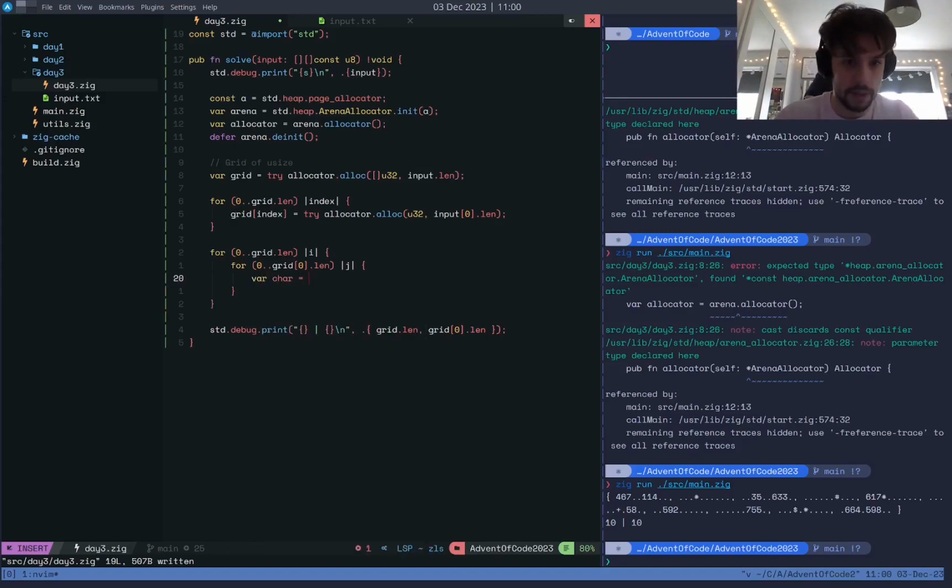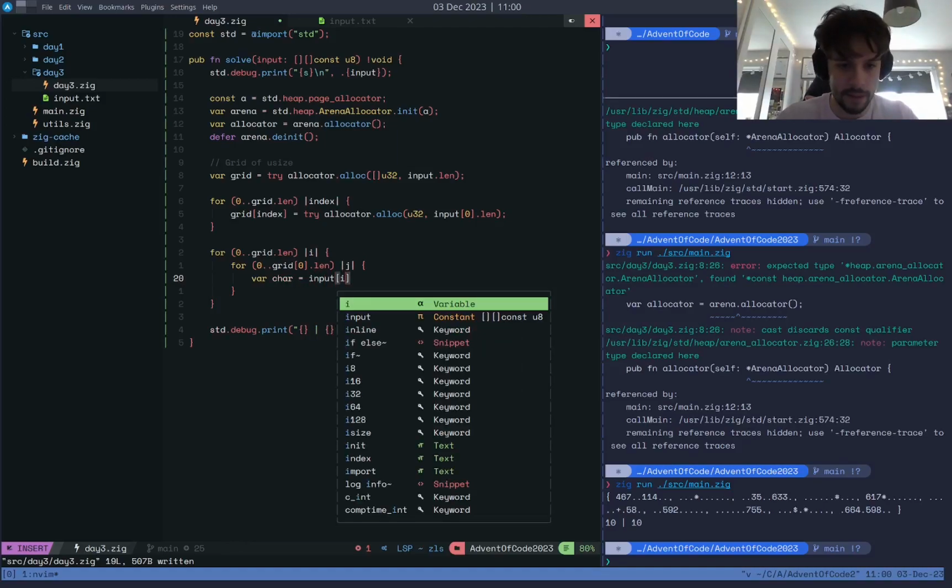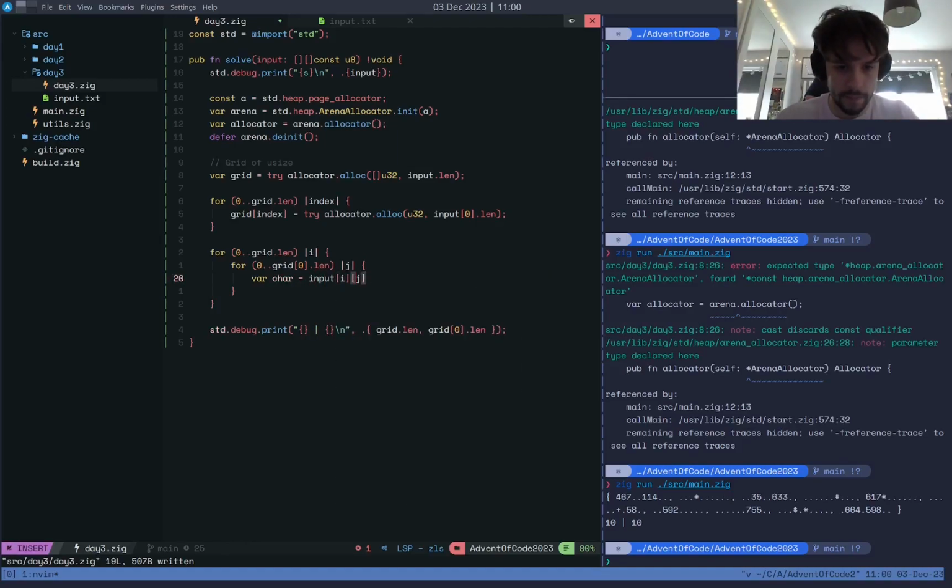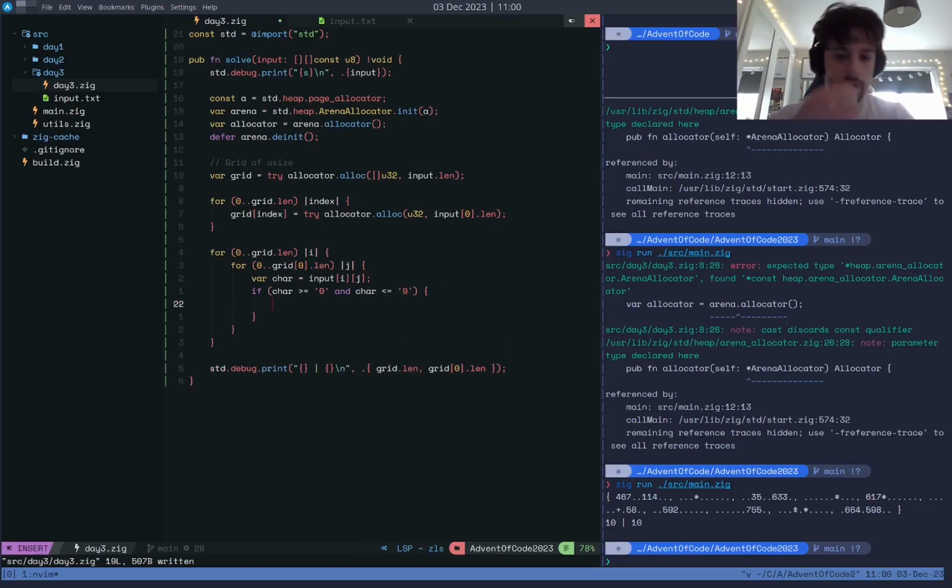For char equals inputs at i j, if char is bigger than or equal to 0 and char smaller than or equal to 9, then we want to actually say that grid at i and j is equal to,